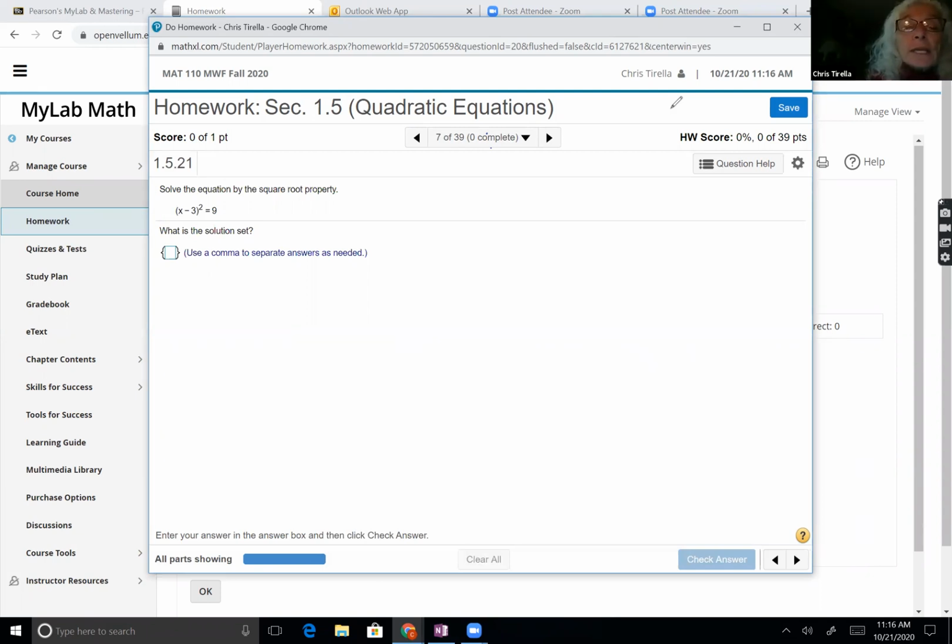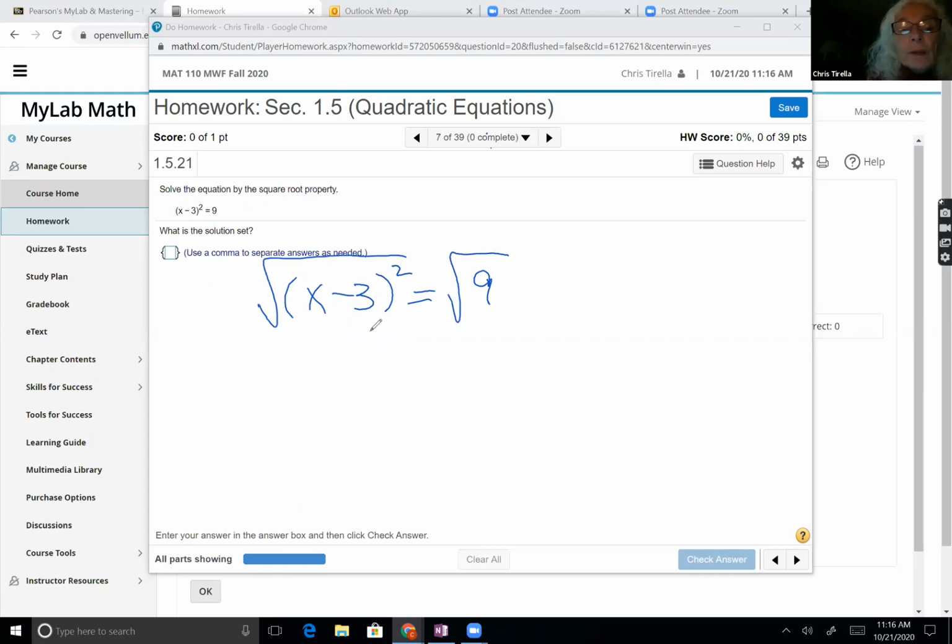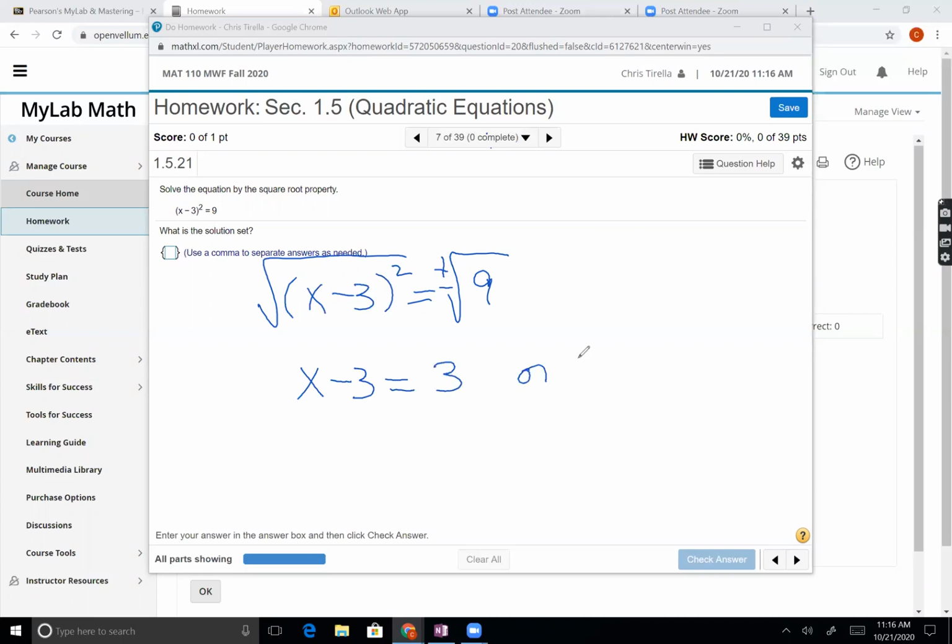And so this is actually kind of like when we were completing the square. At one point in time, we had x minus 3 squared is equal to a number. The square root property says that if I have a square equaling a constant, I can take the square root of both sides. On the left, that gives me x minus 3. On the right, when I take the square root of a constant, I have to remember there's 2 of them, a positive one and a negative one. And so that gives me x minus 3 equals positive 3, or x minus 3 equals negative 3. So far, so good.